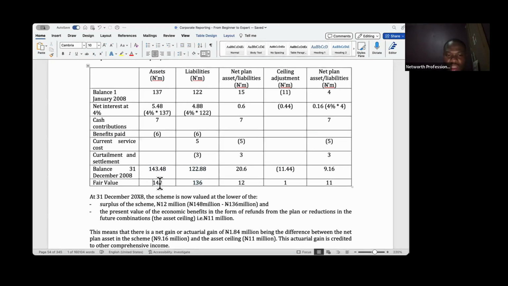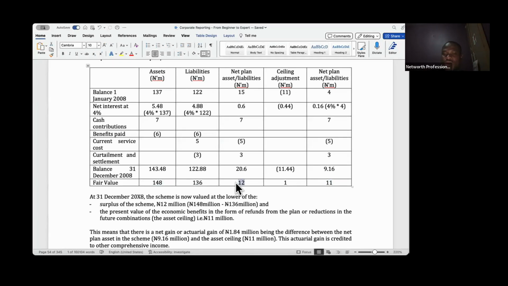I actually work with the fair value, not the accumulated obligation. So if I do, my asset now is higher than my obligation by 12. So ordinarily, this should be a surplus or a net defined benefit asset. However, the question told me that the asset ceiling is 11. He said the asset ceiling is 11. Since the asset ceiling is 11, that means this is what I will recognize in my books as surplus,